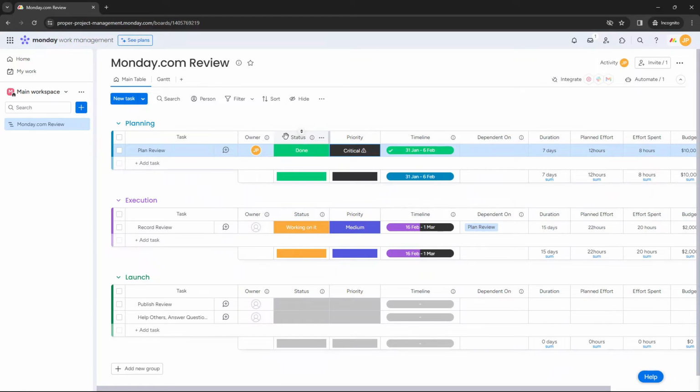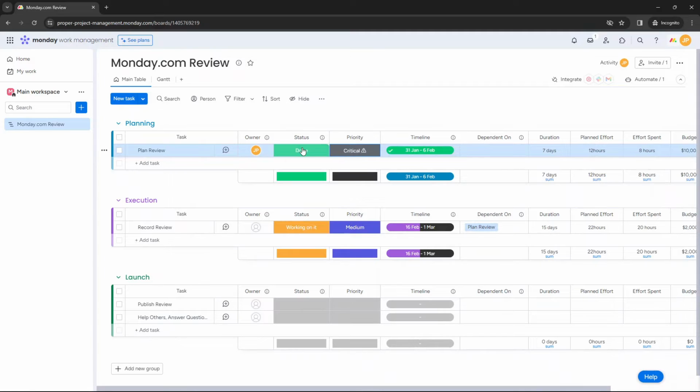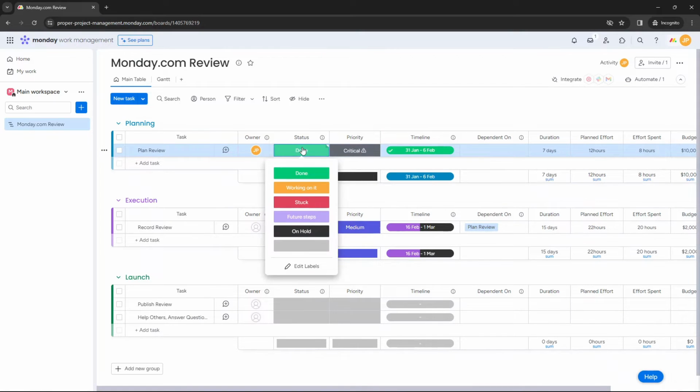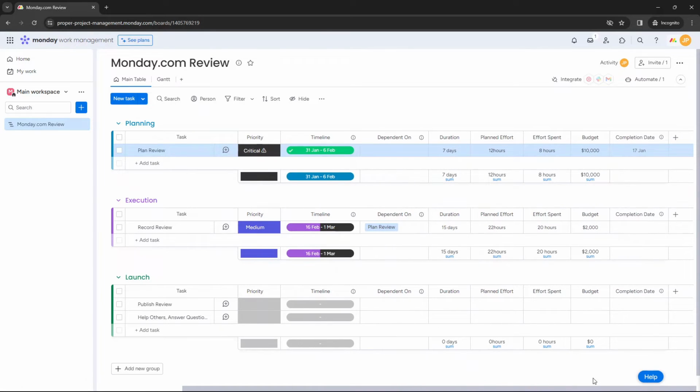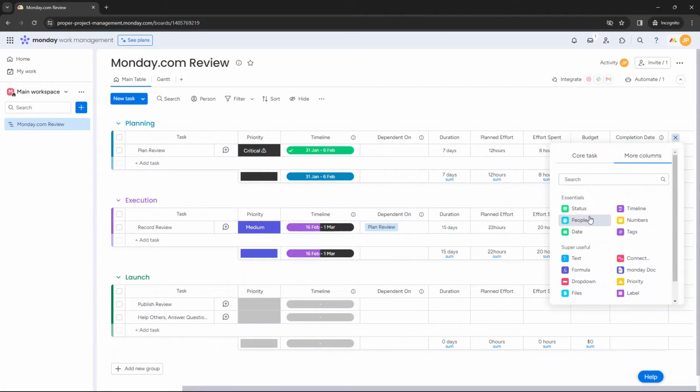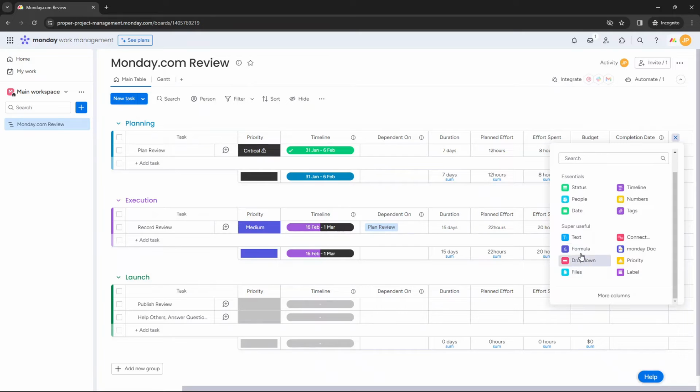So these are all the columns that you can bring in. There's also many, many more, but it's just a very visual tool. It's pre-set up for you, so I didn't need to put any conditional formatting in here. I didn't even need to set up these statuses. This is something that I can bring in straight away. It's very user-friendly. If I scroll across here, you'll notice that we have the ability to add new columns, and there's so many different columns that we can add here. We also have the ability to add formulas and drop downs and files, so it's really good to customize